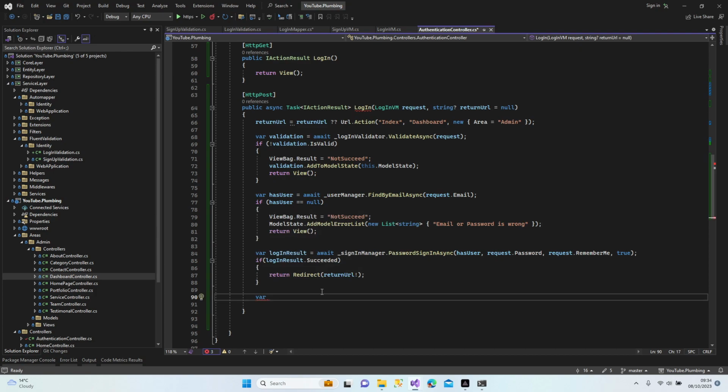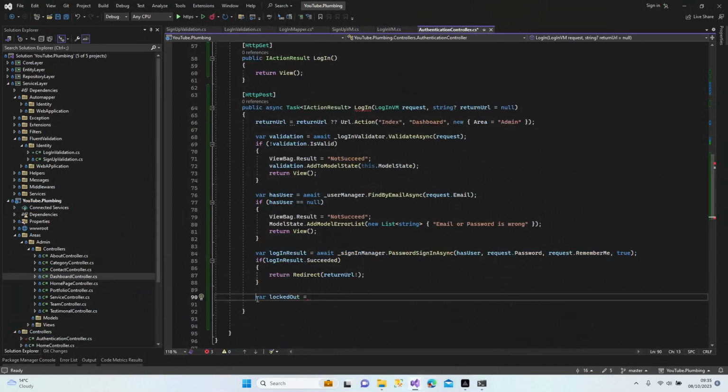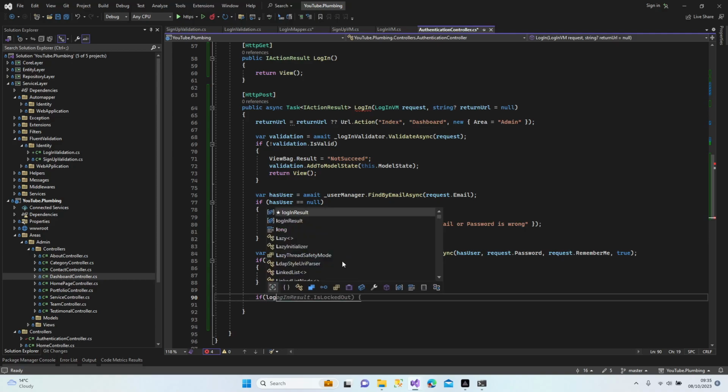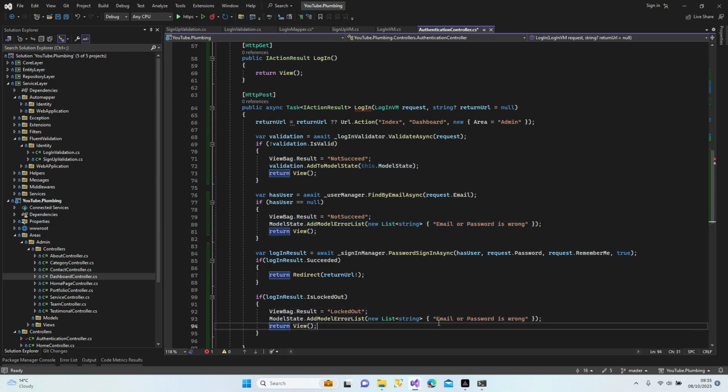Var locked out. Yeah, have a look again quickly. Sorry, we already did, we have our result. If login result is locked out, we have a view result. Let's type in here locked out, and we have an error here, which is going to be